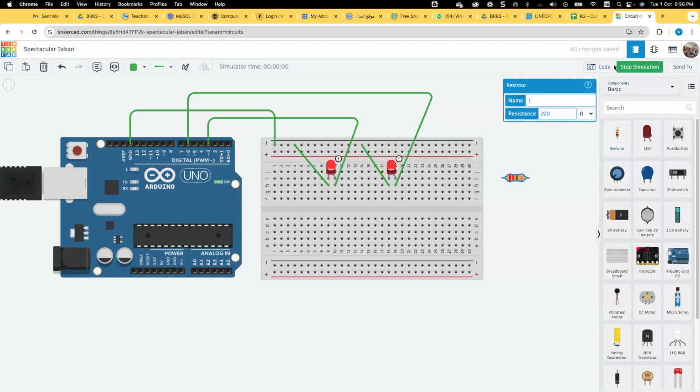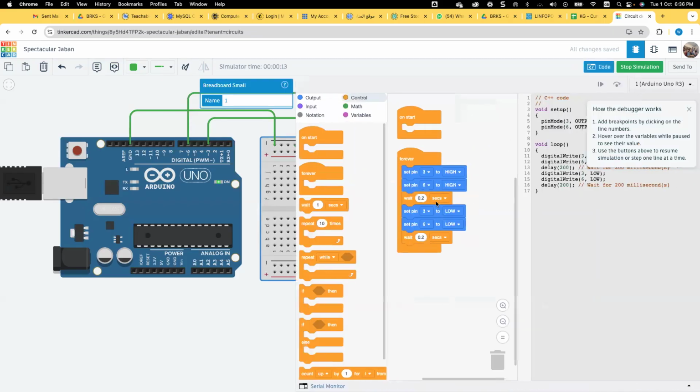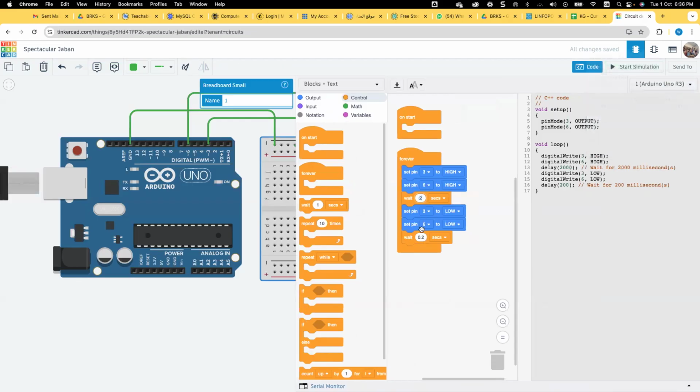When I press the simulation without the resistor, you can see an exclamation mark. And if you slow down just 2 seconds.